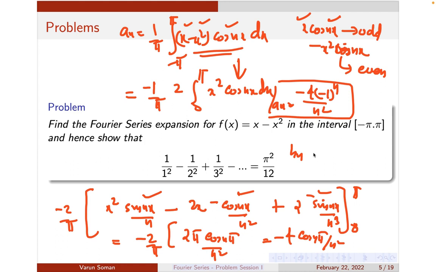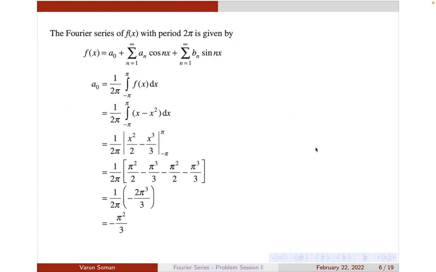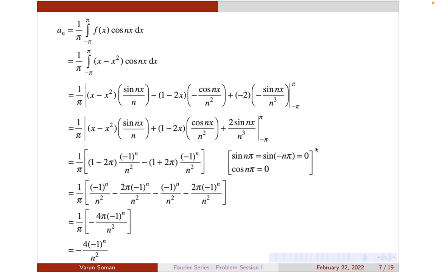Okay. So similarly, find out the value of bn and then write down the corresponding expansion. So this is the value of a naught, minus pi square by 3. And this is the value of an, minus 4 into minus 1 raised to n by n square. Now find out the value of bn. So when you want to find the value of bn, it is 1 by pi into integral from minus pi to pi of x minus x square into